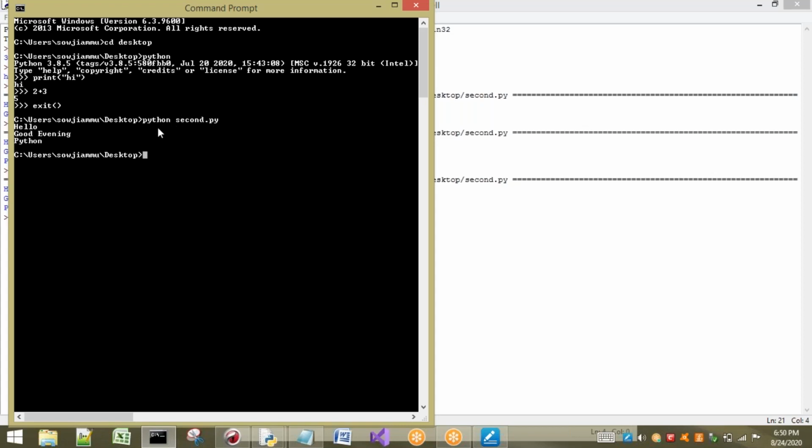Python here indicates that we are telling the Python virtual machine to execute a file called second.py. So the PVM is going to execute second.py, whatever code is present inside second.py will execute, and the output is generated here. So this is the second way to execute a Python program.